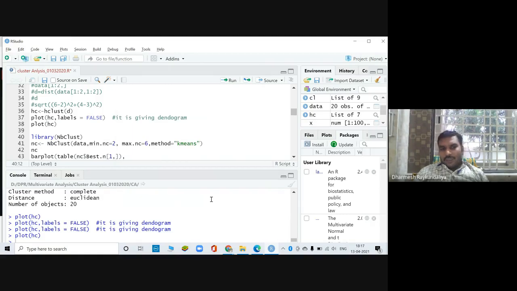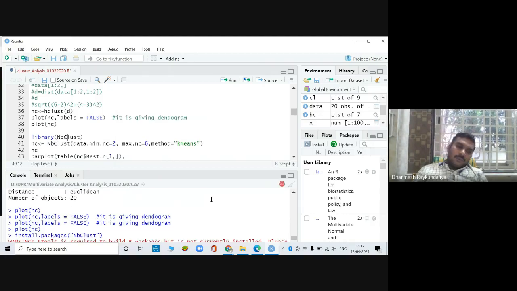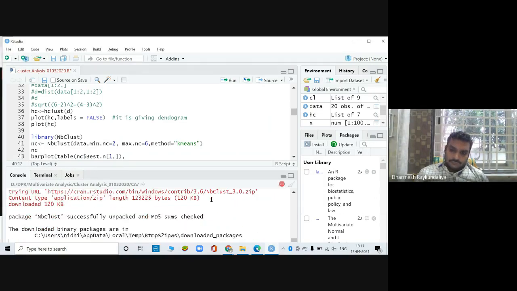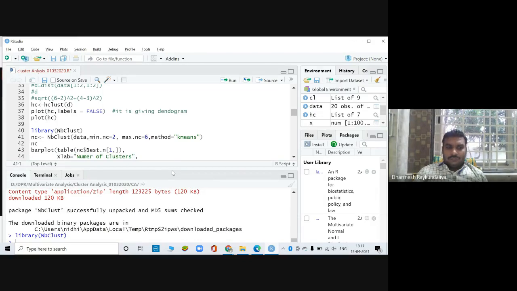So I will install the package, it will take all the corresponding dependencies. Okay, the package is successfully installed and I will perform the same command, the name is also the same, NbClust. You have to supply the data. Where will you start the minimum number of clusters? 2. The maximum is up to you, you can give more if you want, but you should calculate. How many is the dendrogram showing? It is showing 3,